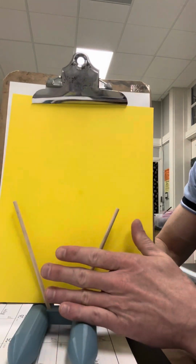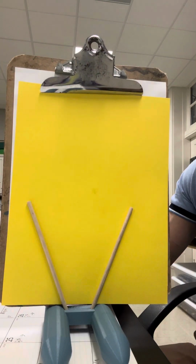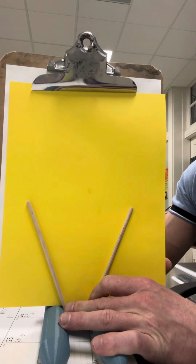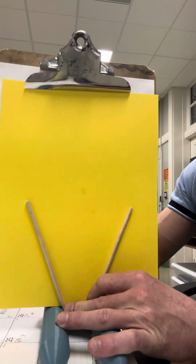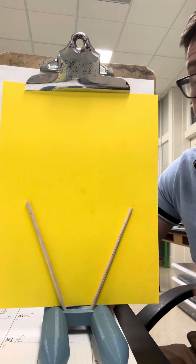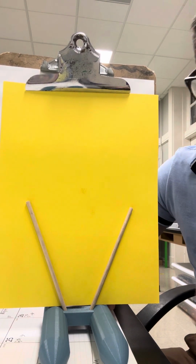And I wanna make sure that the sticks are completely on the paper. I don't want that because then my sail's gonna be messed up. I want it completely on the paper. When I get it there, I'm gonna push, hold it nice and tight. If I had a partner, don't have to have a partner, but if I had a partner might be useful